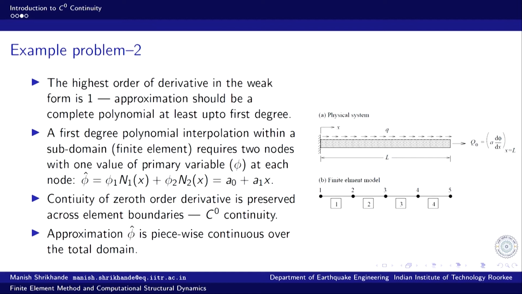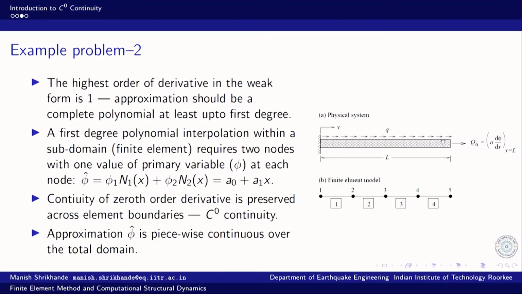This first needs to be translated into a finite element model, and finite element model requires domain decomposition. The first step to development of finite element model is to find out how many domains we need to divide it into, and that is what we do here. We divide it into 4 elements. So, these are the square boxes, these refer to the element numbers. So, subdomains or finite element numbers. So, this is finite element number 1, defined by